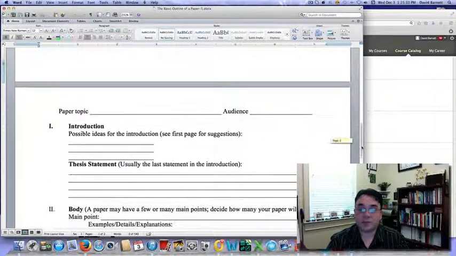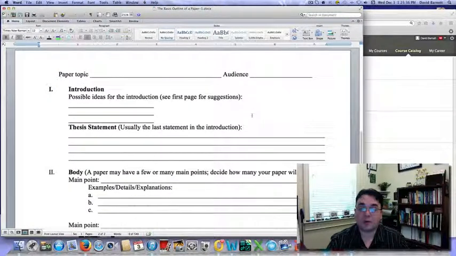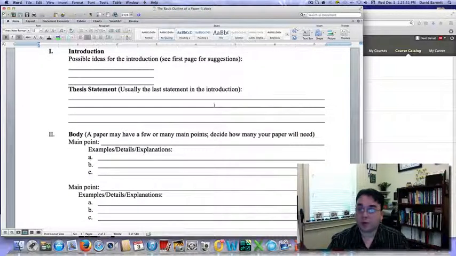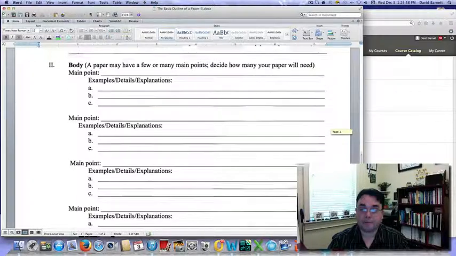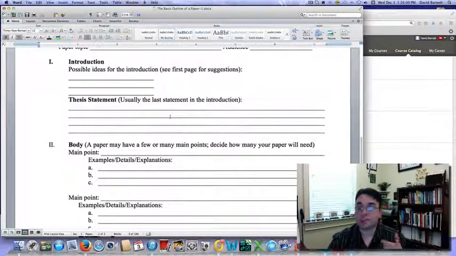Now, this form is really good because it breaks down everything for you before you do the paper. So go on here, write your introduction, your story, whatever story you're going to open up with. Make it personal or something that's relatable, because then it's an attention grabber and I'll want to read your paper more. Then, of course, your thesis statement, which we already discussed, and then the body of your paper is broken up into 3 main points. Like I said in the thesis, we decided to do sexual harassment, so we did sexual harassment in the workplace.